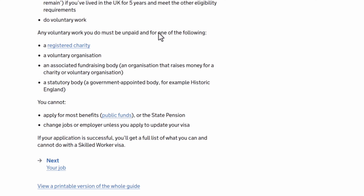It's better you are safe than sorry, because after the 5 years, when you need your ILR, that is when all the things you've done and you thought you've gotten away with will wait for you there. So best you avoid anything that will make you have issues when it is time to apply for your ILR. While you're on your skilled worker visa, you cannot change jobs or your employer unless you